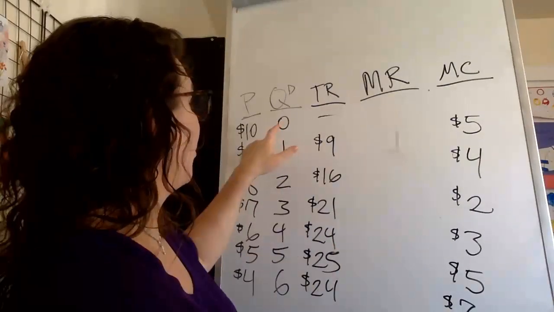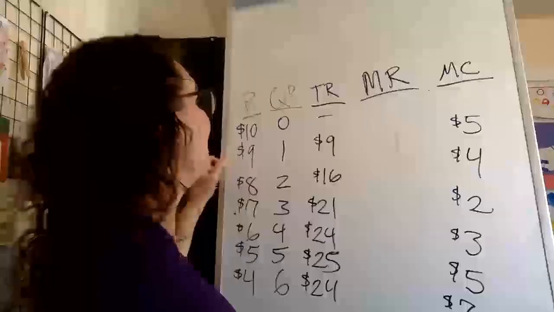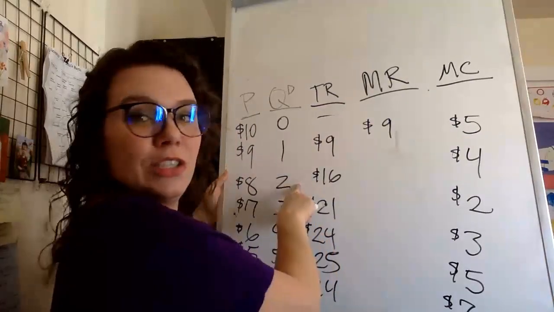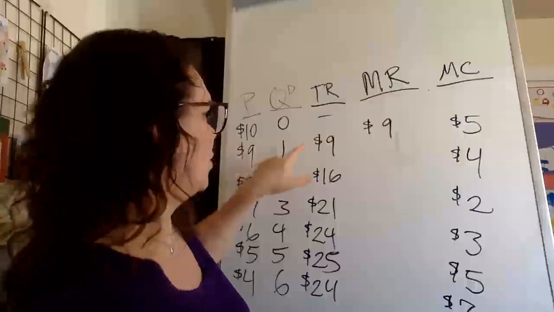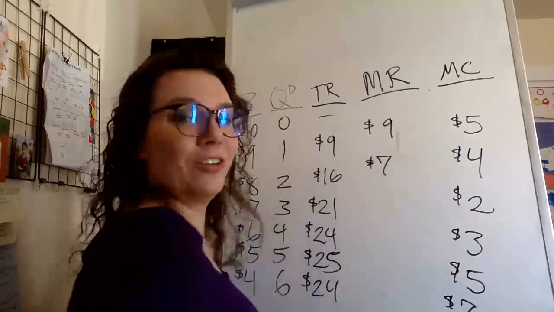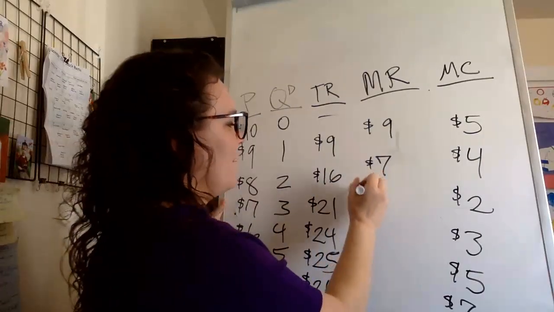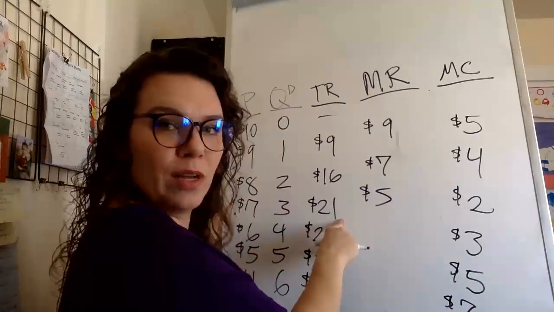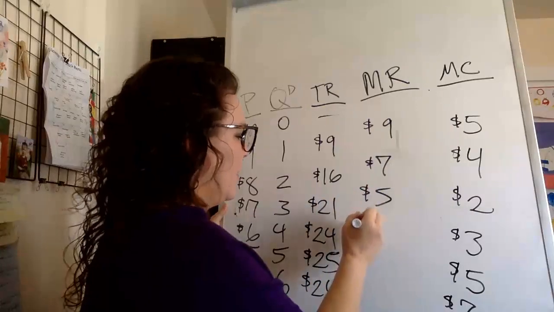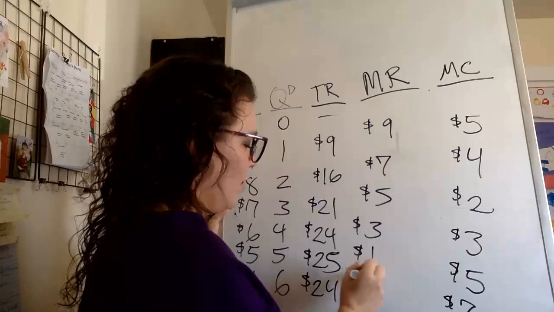So when we go from producing 0 to 1, we're going to see total revenue go from 0 to 9. So our marginal revenue for the first unit is $9. From going 1 to 2, when we sell our second unit, revenue goes from $9 to $16. So that's going to give us an additional $7 of revenue. Selling that third unit gives us an additional $16 to $21, $5 of revenue, right? $21 minus 16. Selling that fourth gives us an extra $3 of revenue, then 1, then -1,